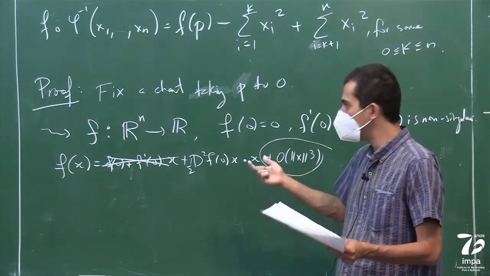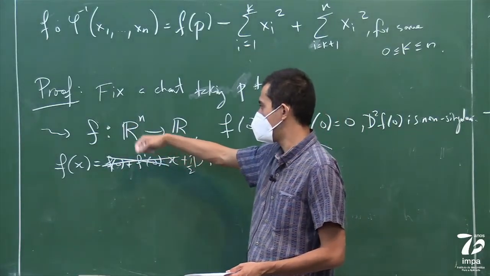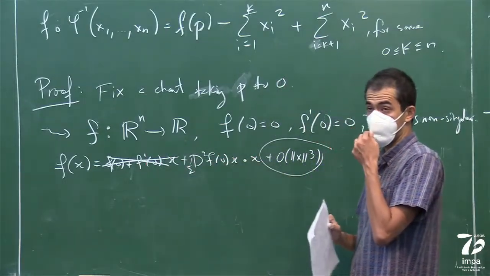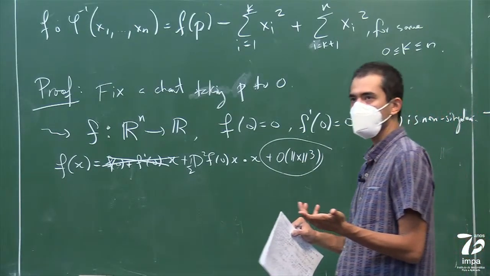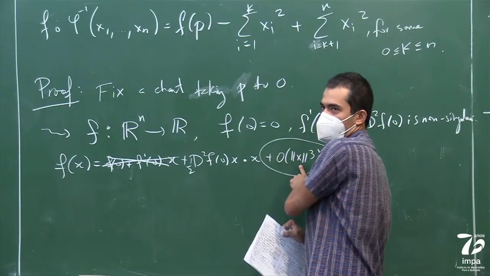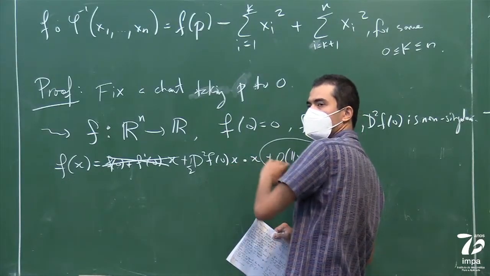You could easily do an invertible linear transformation that will make your Hessian have plus and minus ones on the diagonal, because the Hessian is symmetric, so it's diagonalizable. But you'd still not solve the problem with these terms of higher order. So you want to absorb them in here somehow.